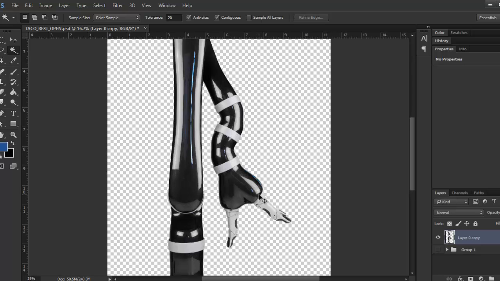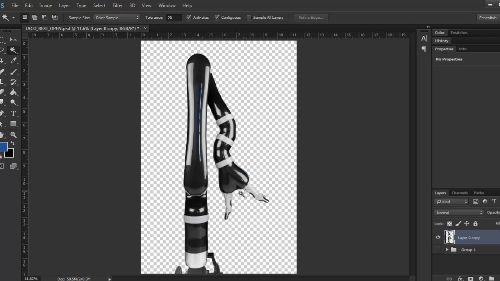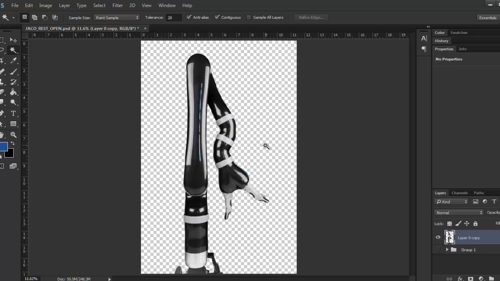the magic wand tool isn't perfect, so it'll leave a lot of rough edges. It could even delete something. If there was some really harsh white on the gray areas touching that white, it could delete those areas. And that can be a problem. So in order to